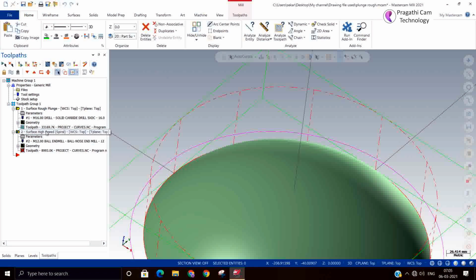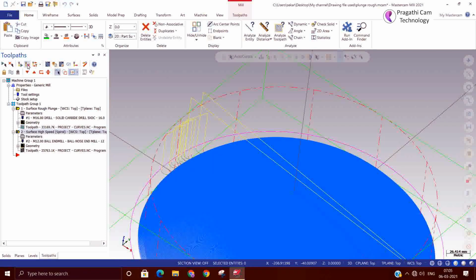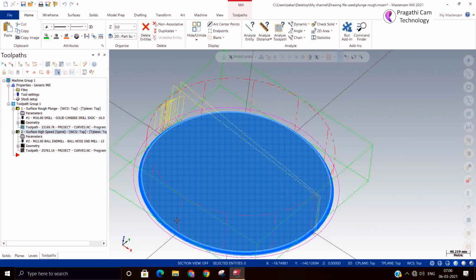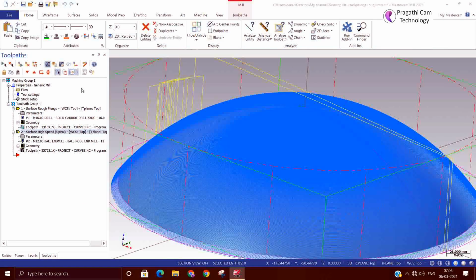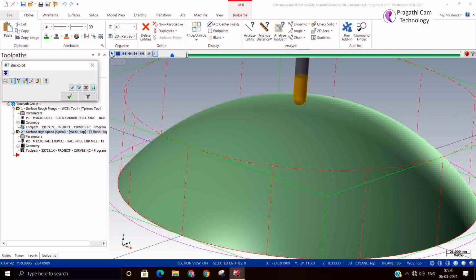So now it will machine the entire surface. It will cut a uniform spiral shape. You can see in the back plot how it is cutting a continuous spiral.